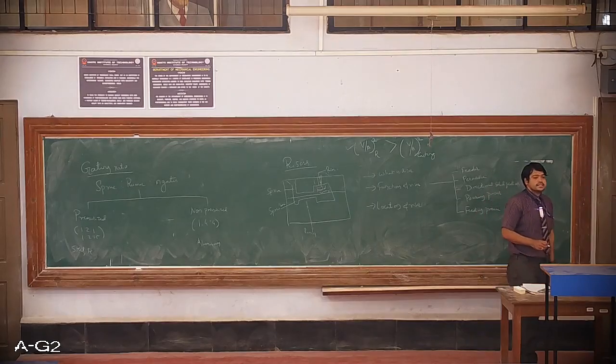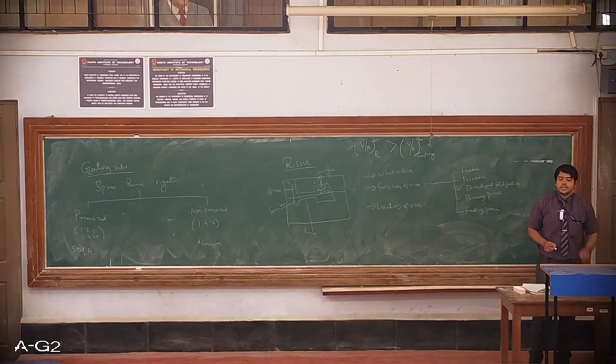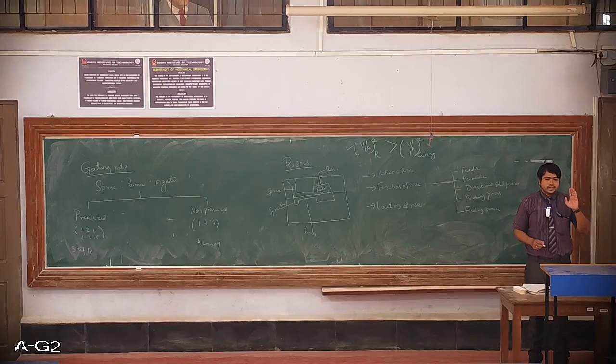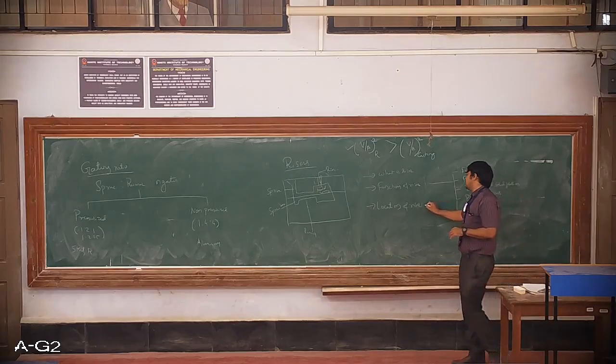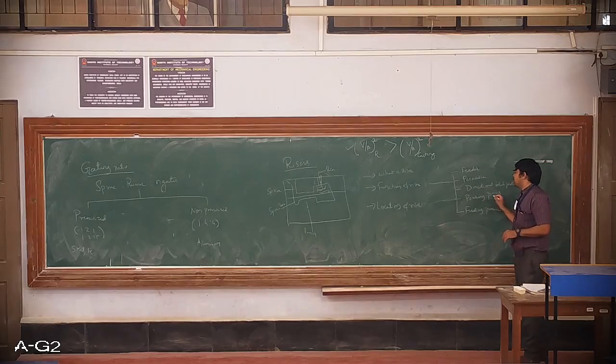Where the riser has to be located. The location is very, very important. In most of the castings, the riser is located at the topmost part of the casting. In order to make sure whether the entire mold cavity is filled or not, we are going to see the location of the riser at the topmost part of the casting. So that is where this is going to satisfy this particular process, that is the pouring process.